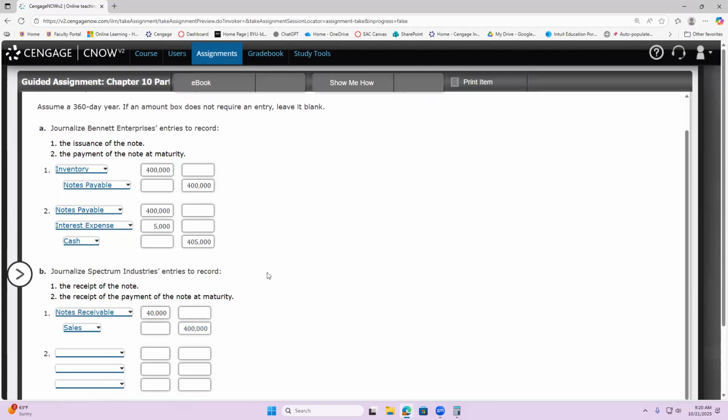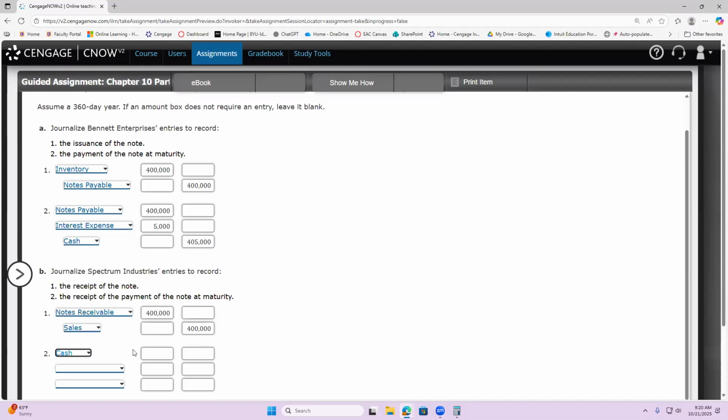Now it's not shown on here, but they would also do another entry to record the cost of goods sold and their inventory decreasing by whatever the cost of that inventory was. But right now we're just worried about the notes receivable. Oops, I almost missed a zero. There it is. And then when they get paid the money,